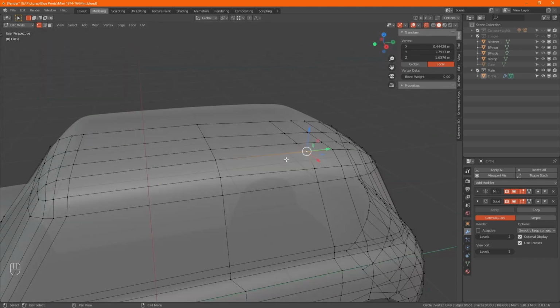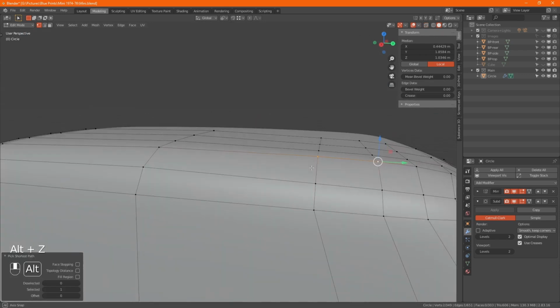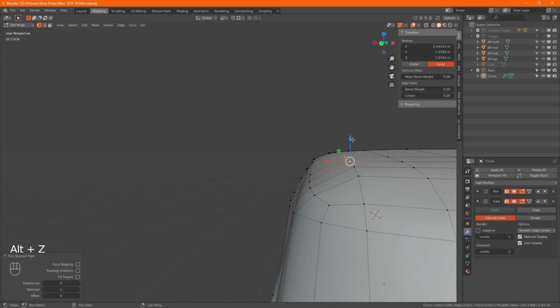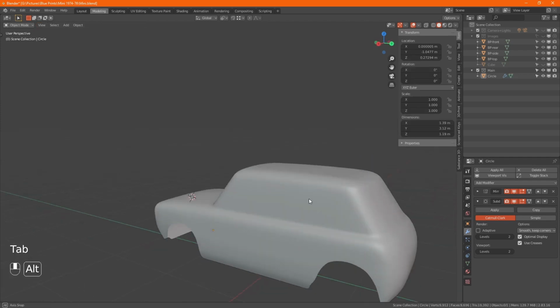Ooh, block looks a little high. Right, this time.